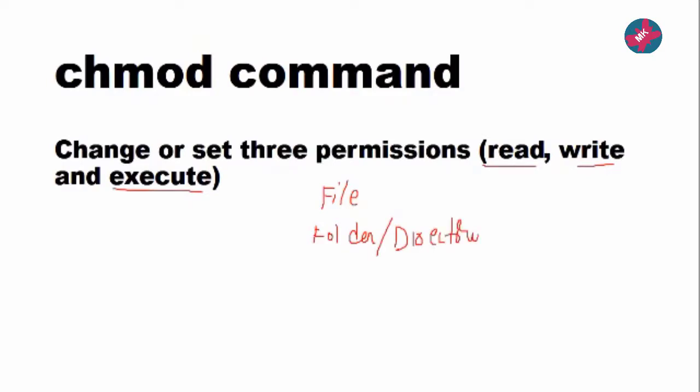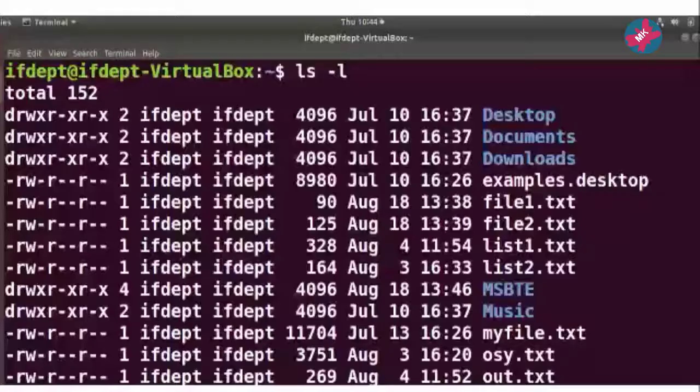Now if you recall our earlier discussion of the ls command, we used one option called ls -l, right? When I put that command, I got some output like this. Here, Desktop, Documents, Downloads are folders or directories. This -l option provides you the set of permissions on these folders or files. At that time I told you about this particular string, and we are going to explore this string today.